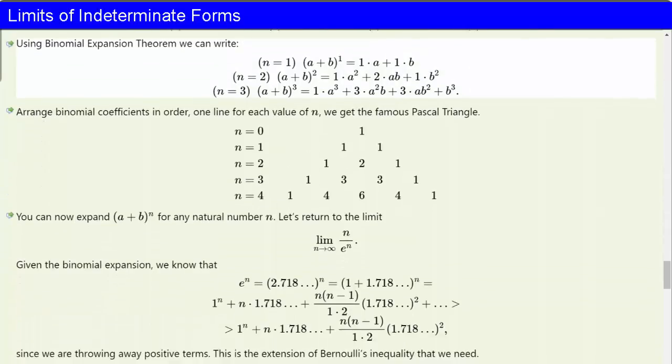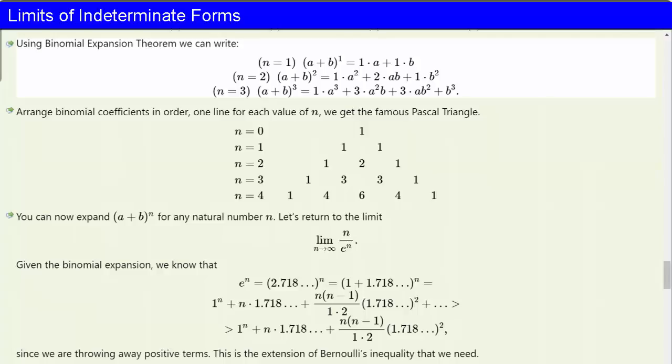Using our binomial expansion theorem and these calculations, we can write B(1,0) is 1, B(1,1) is 1, so a plus b to the first power should be 1 times a plus 1 times b, and trivially it is. Now go to the case n equals 2. According to the binomial expansion, the three binomial coefficients in order for n equal 2 are 1, 2, and 1. So a plus b quantity squared should be 1 times a squared plus 2 times ab plus 1 times b squared,